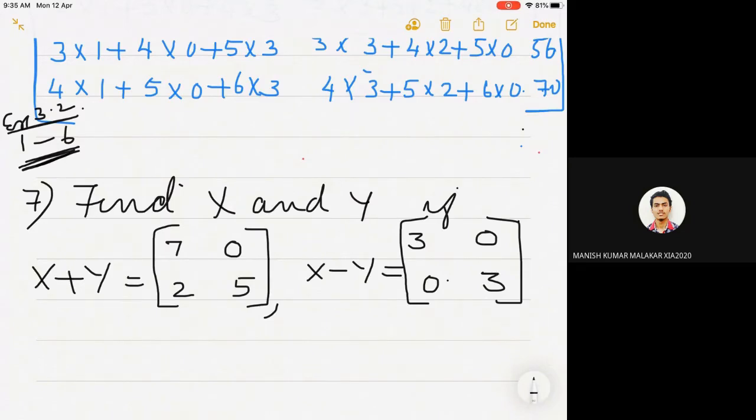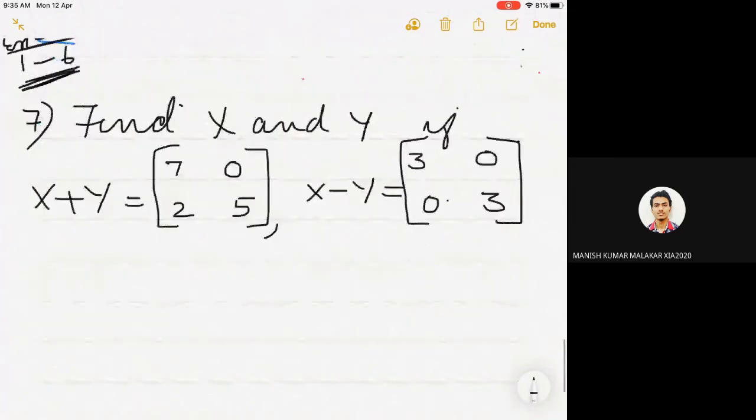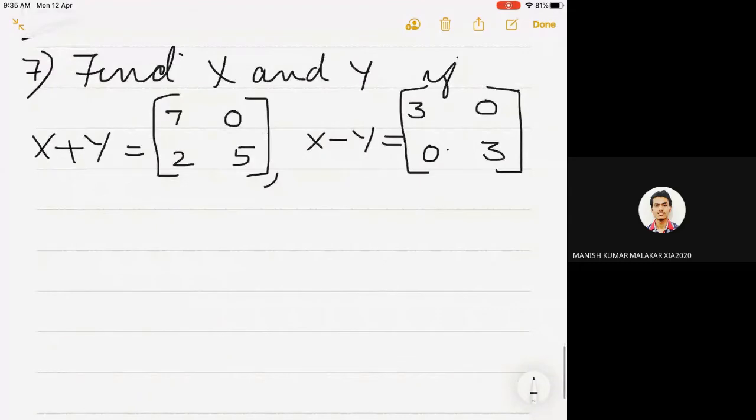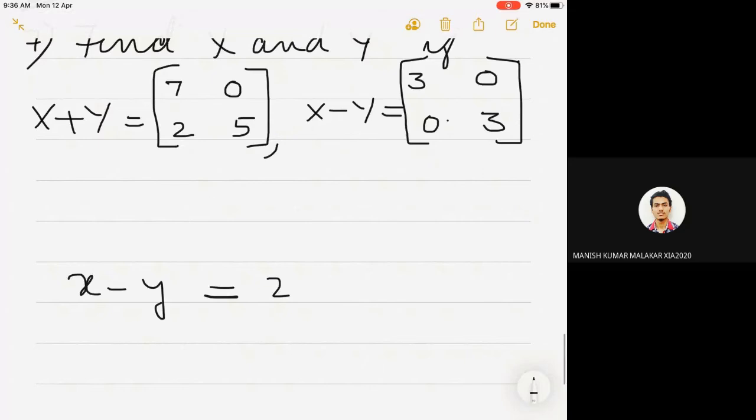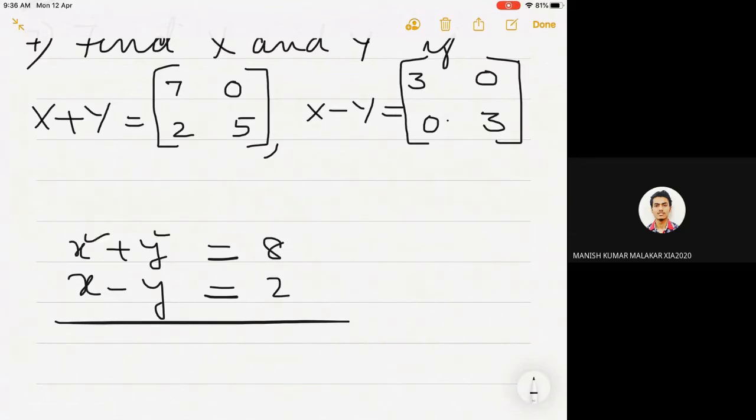You can see here, children, this is a matrix equation. You have studied in the earlier class algebraic equation, right? In algebraic equation, suppose we have x minus y is equal to 2 and x plus y equal to 8. How do we find the value of x and y for an algebraic equation? You have many techniques. That is, one is substitution method, another is elimination method. So the same technique you can apply here. Instead of x and y, the variable here, we have the variable matrix xy. X and y represent a matrix. That's the only difference here.